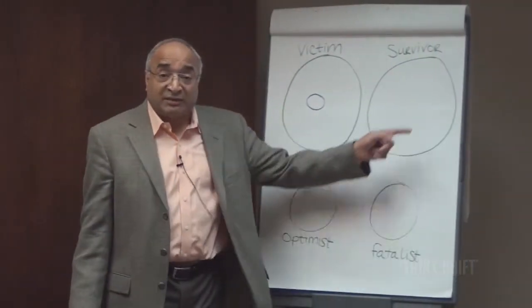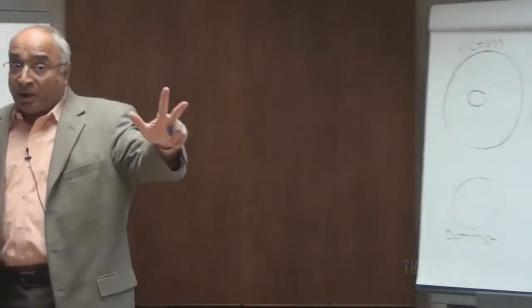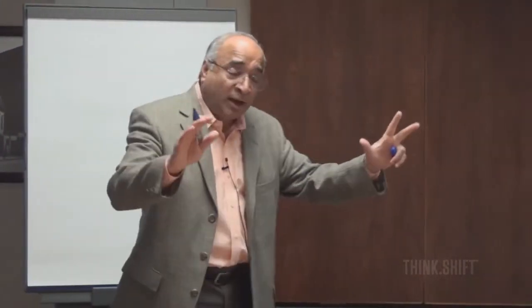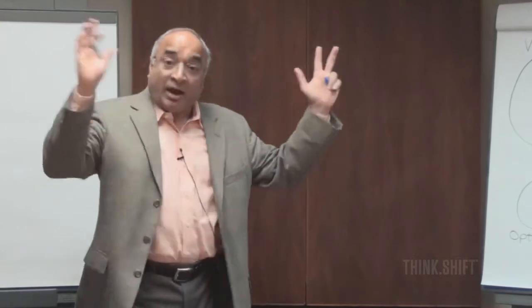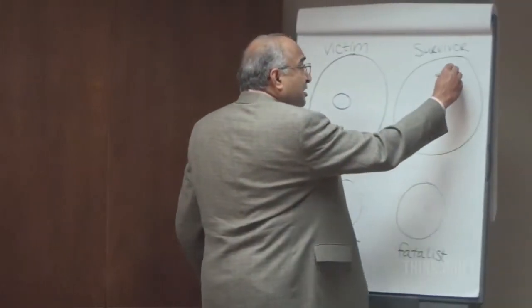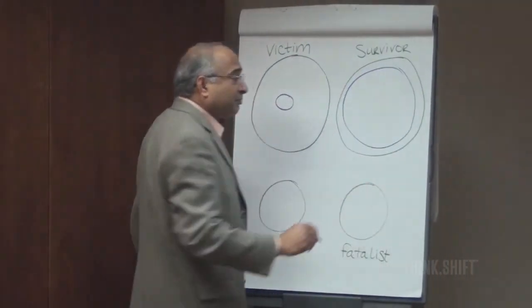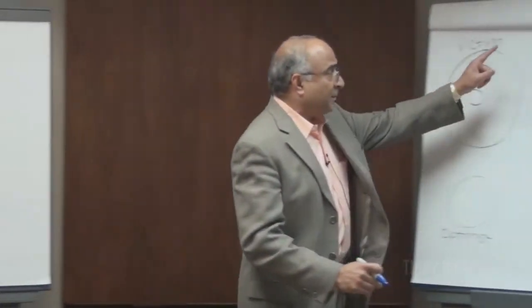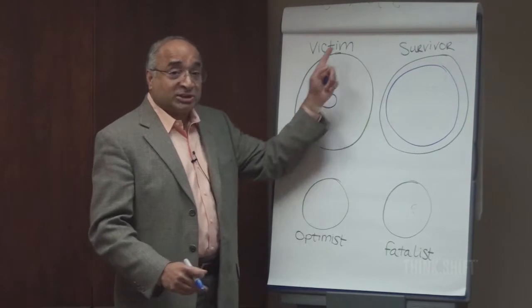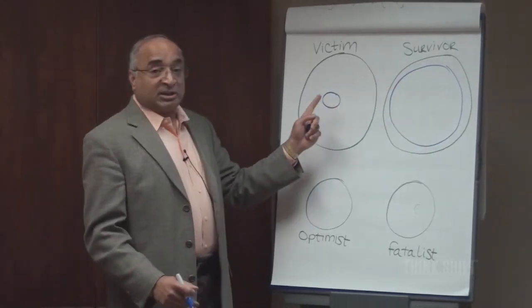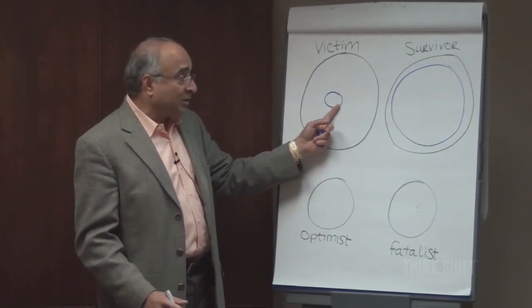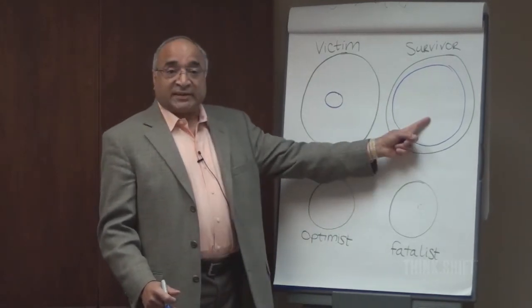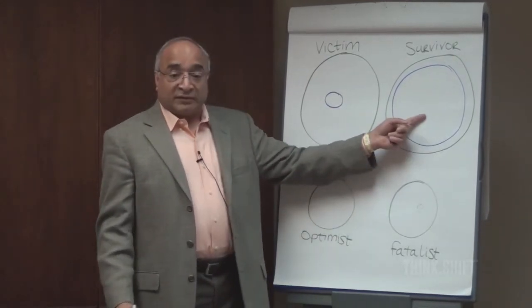In contrast, the survivor, they too believe the world is full of problems. They say the world is full of problems, but you know what? If I run fast enough, I can get it done. They believe that their circle of influence is huge. So they say, if I run fast enough, I work hard, I can get there. I can survive. Both of these two types of people believe the world is full of problems. They have huge concerns. One believes there's nothing much they can do about it, a small circle of influence. The other believes if I run fast enough, I can manage a large circle of influence.